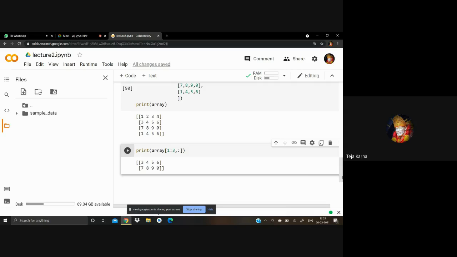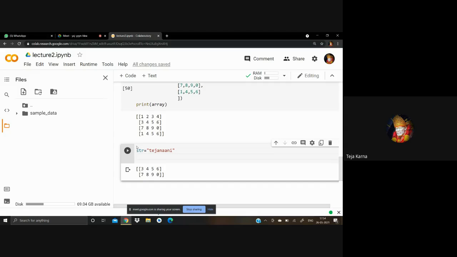Okay, fine। So again, the numpy module also has some string operations we can use.